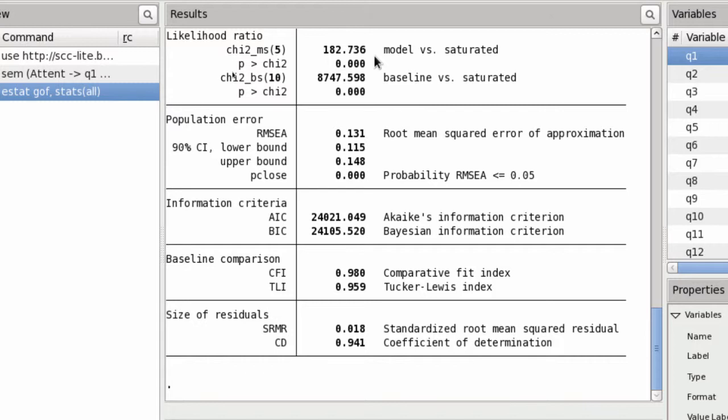The SRMR is 0.018. For SRMR, we generally use the cutoffs of 0.05 and 0.08. SRMR and the RMSEA are both badness of fit measures, so you want those to be small, while you want your goodness of fit measures to be large. Sorry, you said the cutoff is 0.05 for SRMR and 0.08 for RMSEA? No, they're both 0.05 and 0.08. Do you want it to be higher than 0.05? Nope, you want it to be closer to 0. Okay. So as a measure of badness of fit, I'll do the SRMR first. SRMR is 0.018. We want that to be less than 0.05 to get excellent status, less than 0.08 to get